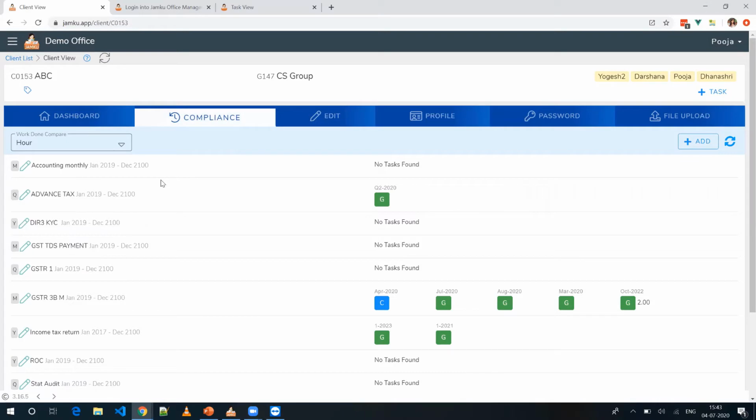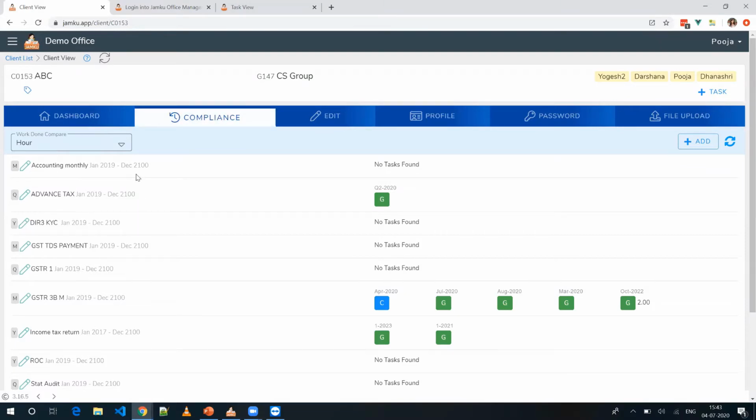Why does it have to be done? As I mentioned, for your recurring services, it is important to do this. This will be the first step, because from now onwards, whenever you create a task, if that compliance is added to the client, only then the task creation will happen. Otherwise, it will give you an error. So for all your recurring services, you have to make sure the compliance is added to that client.